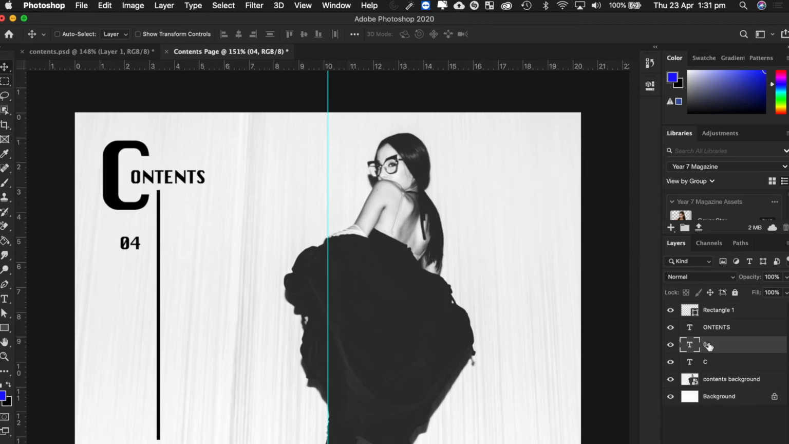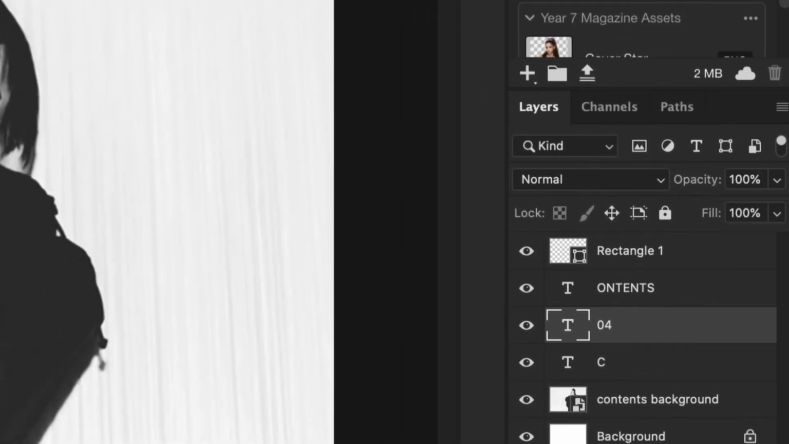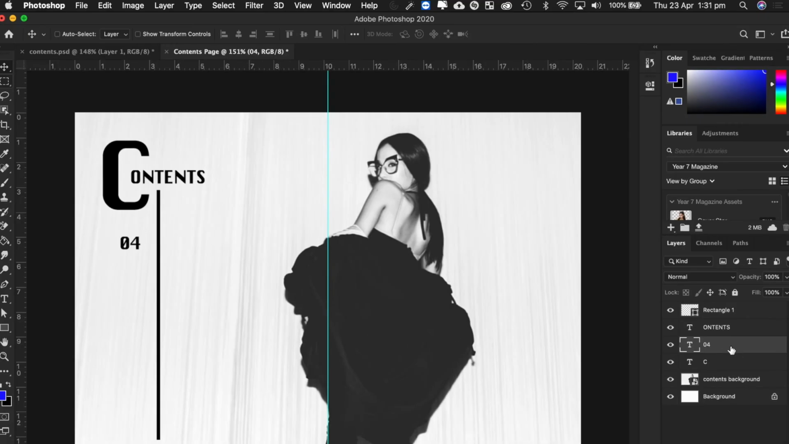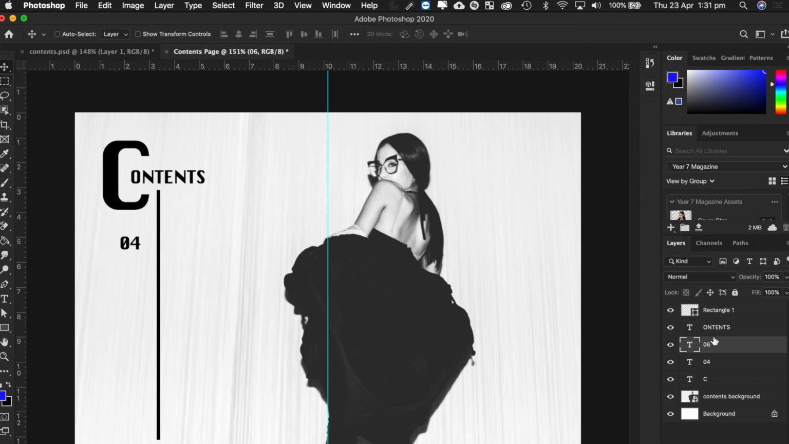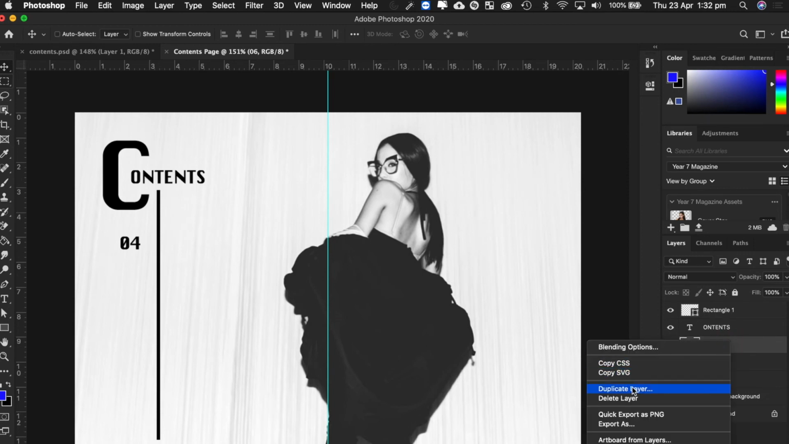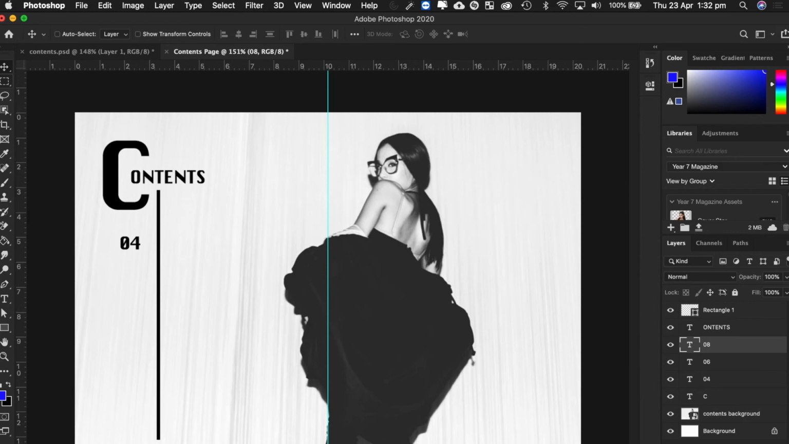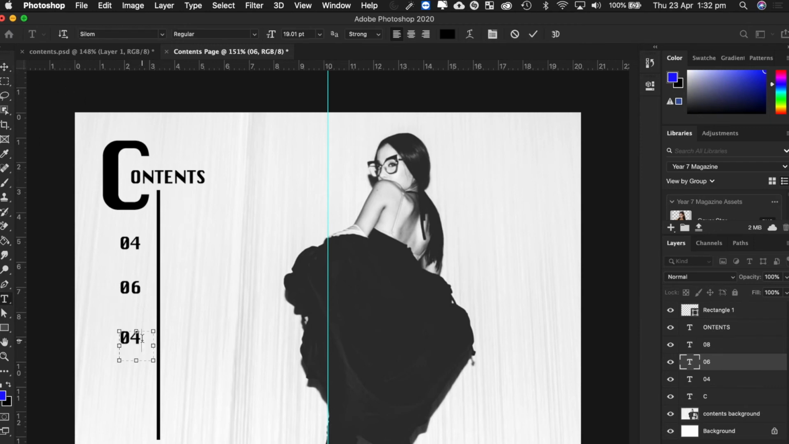I'm going to duplicate this text, so because we've got 8 pages, I'm going to right click on it and just go duplicate layer, and I'm going to call it 06, and then I'm going to duplicate that one and call it 08. And I'll get the moving tool and I'll just move it because I've duplicated it and they're just sitting on top of each other. Now obviously I need to change the text inside there, so that's going to be page 6, that's going to be page 8,